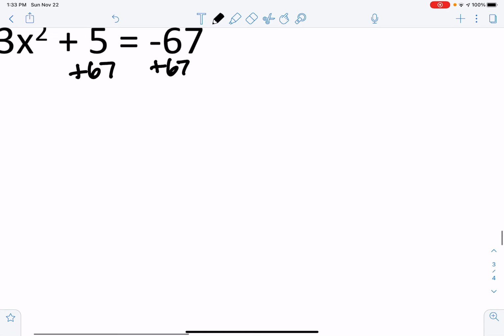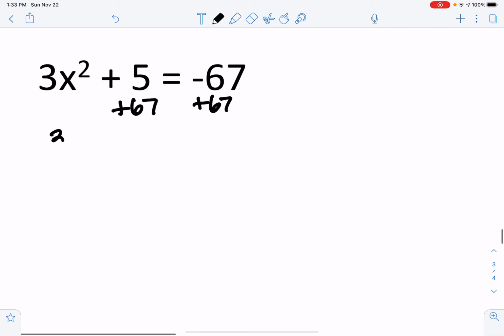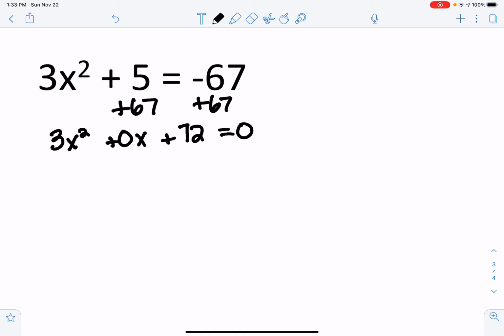If you notice, there's no x term in this, and so I'm going to fill in that space with 0x. And I'm going to end up with ax squared plus bx plus c. So sometimes a's are missing and sometimes b's are missing. And whenever that's true, I put a 0 in its place to help me remember that when I use the